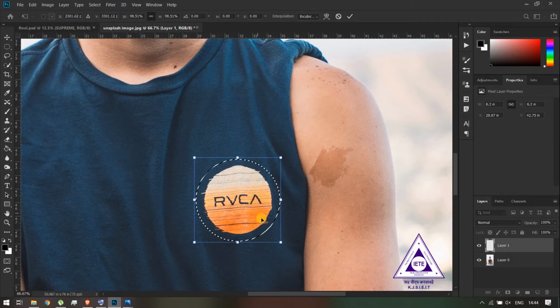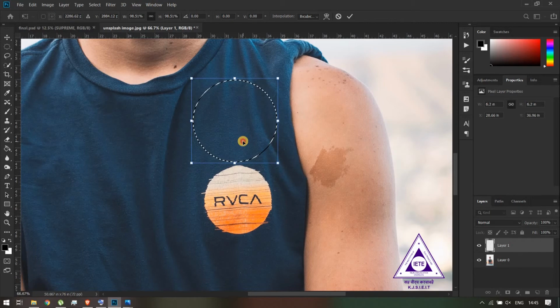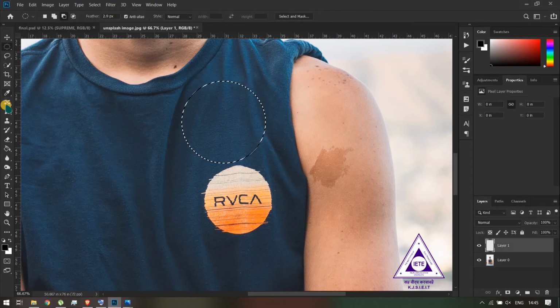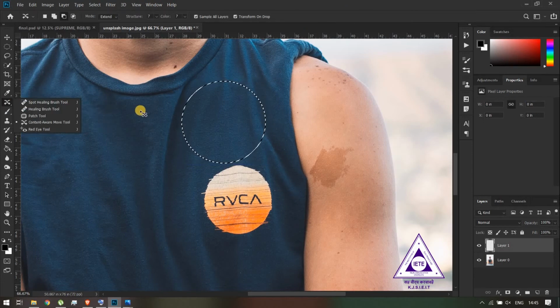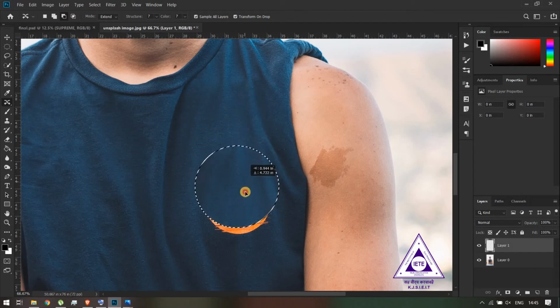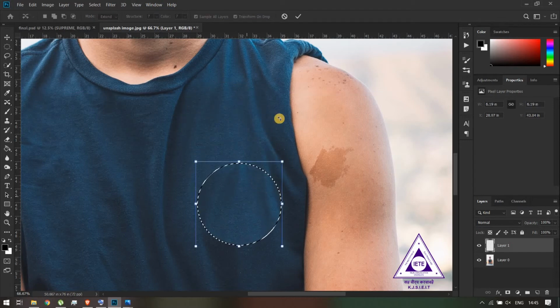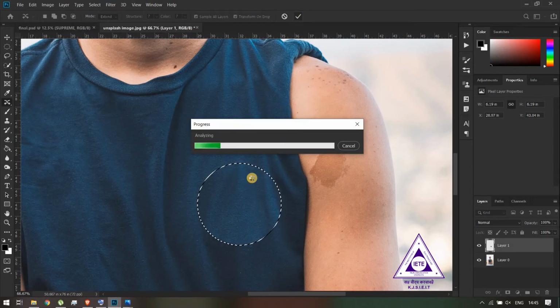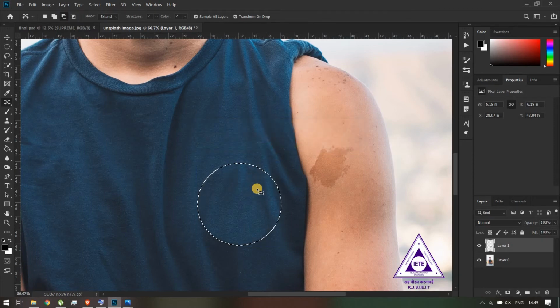So yeah, I think this is the selection that we made. Now I can move it to this part of the image because this is the part that I'll be overlapping onto the logo. So I can click OK. And now when I select the content aware move tool and I move the selection onto this area, you'll see that when I click OK, it will try and diffuse and blend the areas together so that it looks like one.